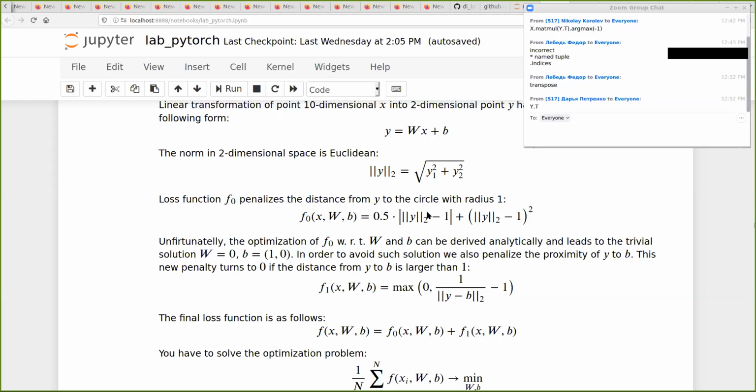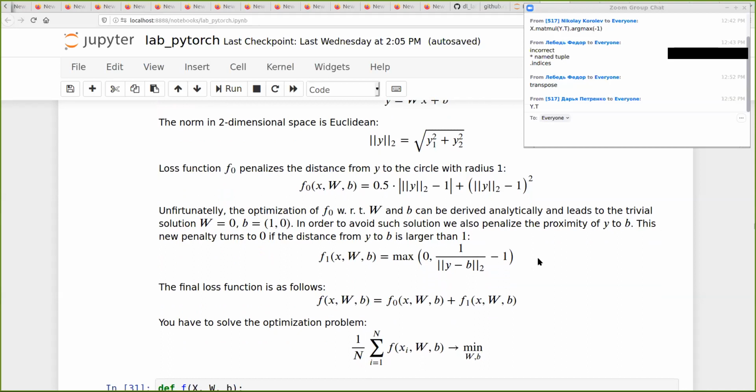Unfortunately, it is not enough, because we can just map all the points into the same point, just to have a zero matrix and identity bias. And therefore, all of the points will lie at distance 1 from 0, but they will not be placed on the circle, and that is not a solution which we want. So we take the second part, which penalizes the proximity